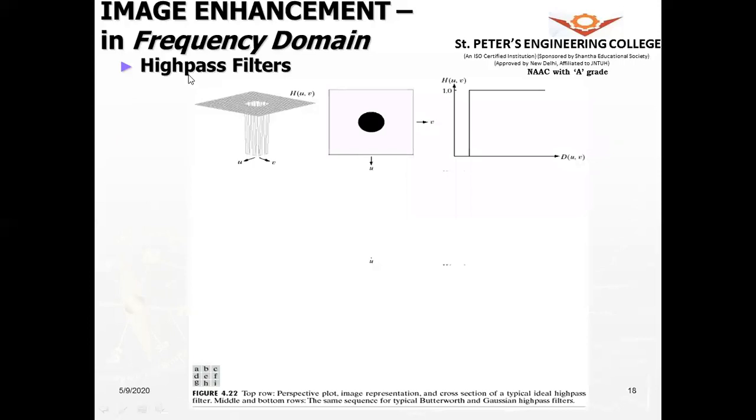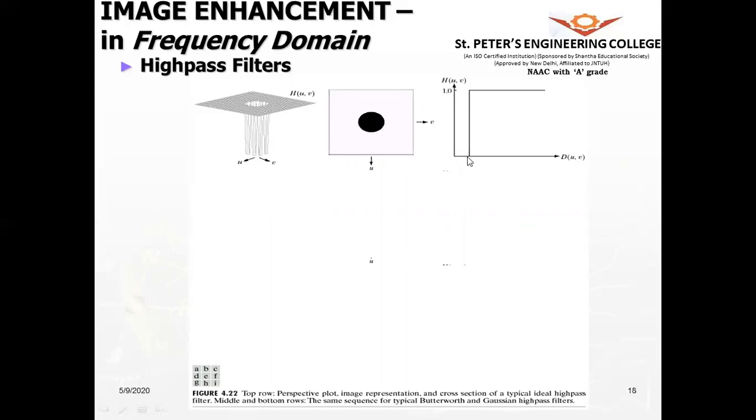Let us look at the ideal high pass filter. So this is the high pass filter. Sorry, this is the stop band, and this is the pass band. So here the black represents the stop band and white represents the pass band.